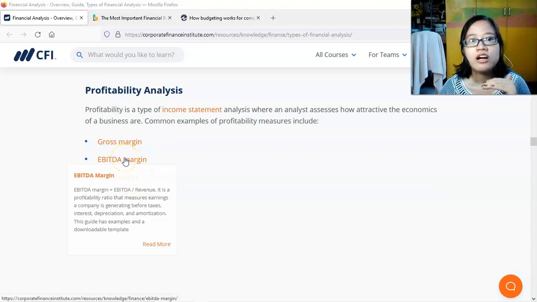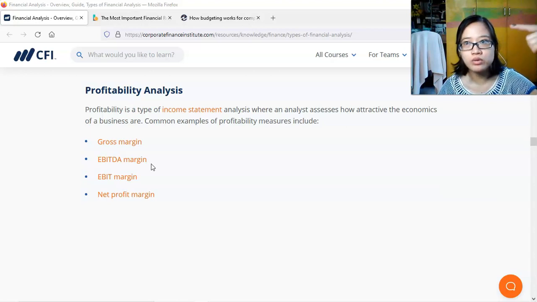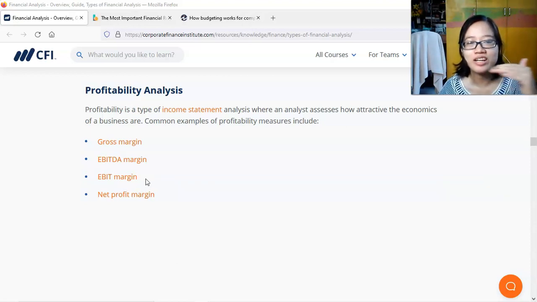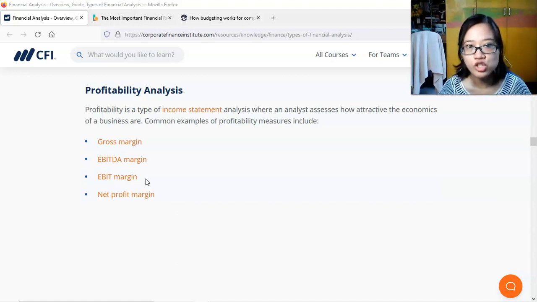Okay? Tapos, pag nabawas mo na siya, yung matitira, yun yung EBITDA. Okay? Tapos yung EBITDA, divide mo by the total revenue, nakukuha mo yung percentage. Okay? Yun yung EBITDA margin natin. Tapos itong EBIT naman, you have your EBITDA, ibawas mo ang depreciation and amortization, makukuha mo yung EBIT. Tapos yung amount ng EBIT, i-divide mo ulit by the amount of revenue, makukuha mo yung percentage, magkano ang EBIT